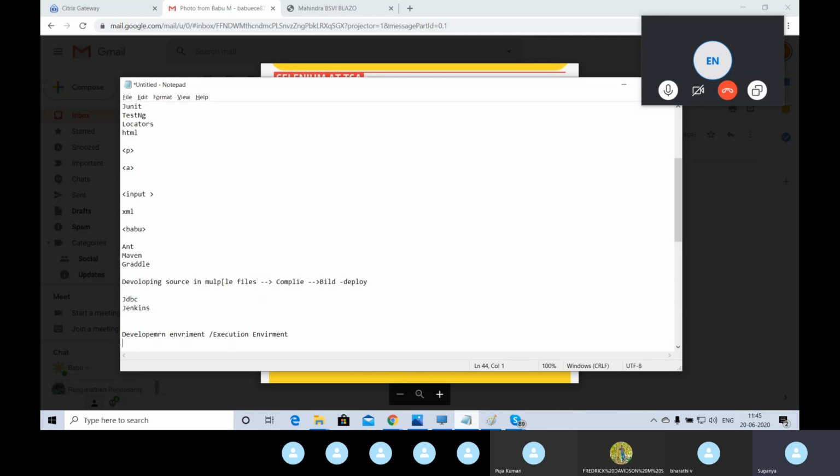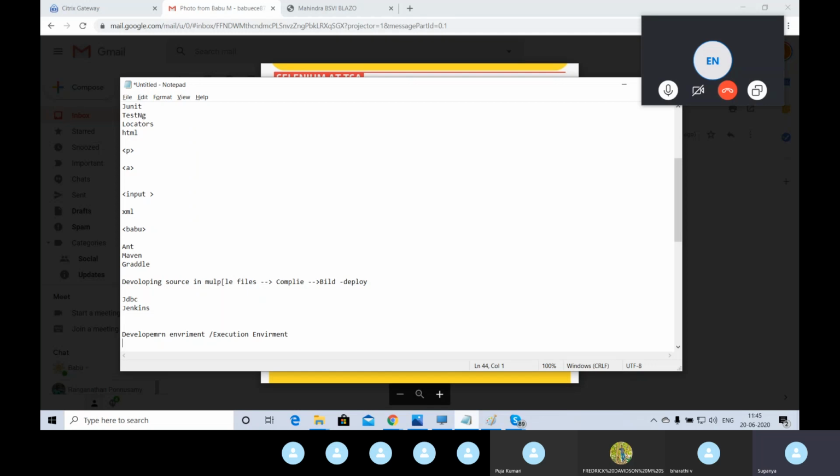So for executing all the programs which you have developed, there is a separate execution environment, which is our Jenkins. Jenkins is going to be our execution environment where we can trigger our automation testing. It's not only for automation testing, it's also part of development activities. But in our case, it has been used for automation testing, where we can trigger our automation whenever we require, whenever we can do a scheduling.